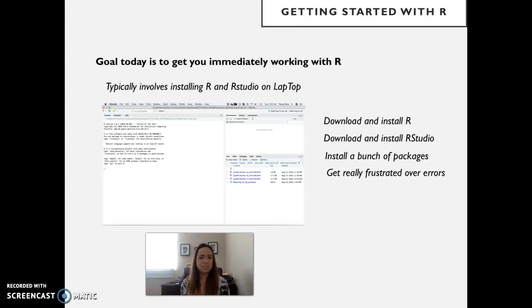I used to teach in class, and we would spend the entire first class and actually a good portion of each class figuring out the different bugs. So students would get very, very frustrated until they're able to fix all the errors and get started. And some of them by that point just hate R, right? So I want to avoid all of those things and just get us started.